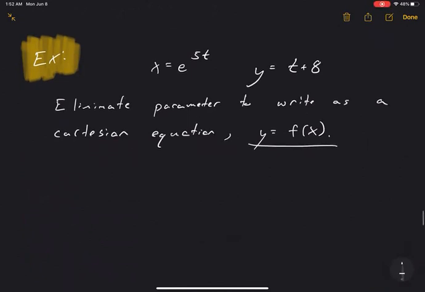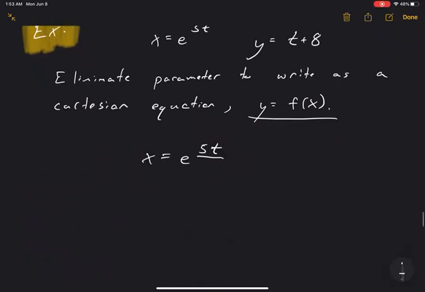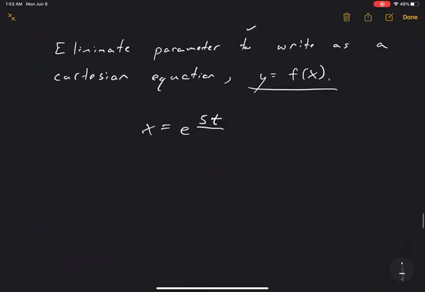So my procedure, as I said, was to start with this and try to solve for t. The first problem is that t is up in the power, right? I want to bring that out of the power. How can I do that? If I take the ln of both sides,